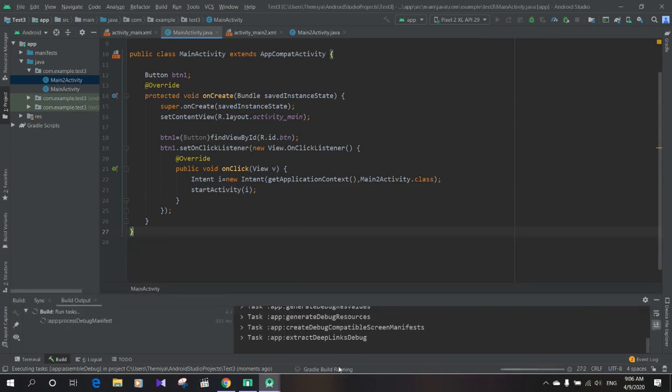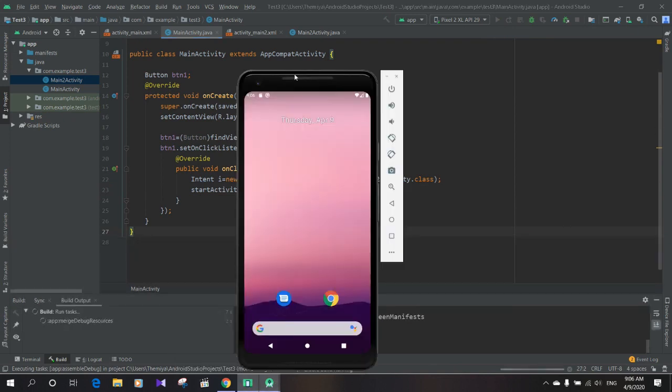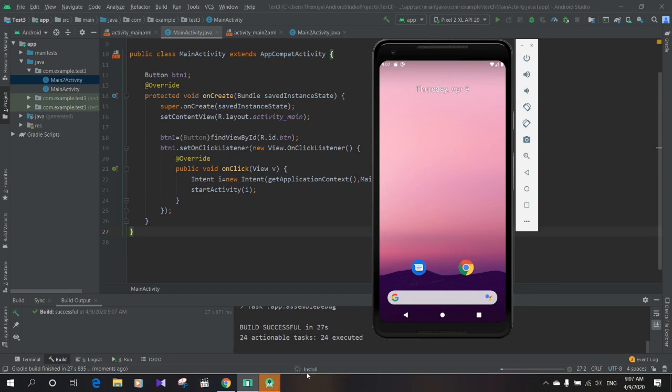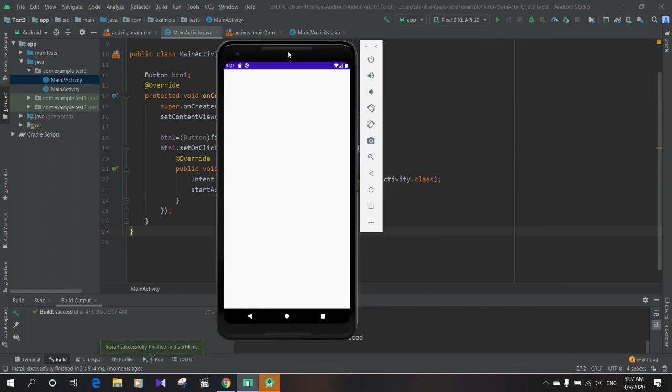Here we can see Gradle building and running. My emulator is now ready. We have to wait until it finishes. Another thing is you should connect to the internet, because Android Studio wants to access Google services. That's the reason. And this is installing and launching the activity. We can see the activity, so I'm going to click on it. This is the second activity, and the button is not